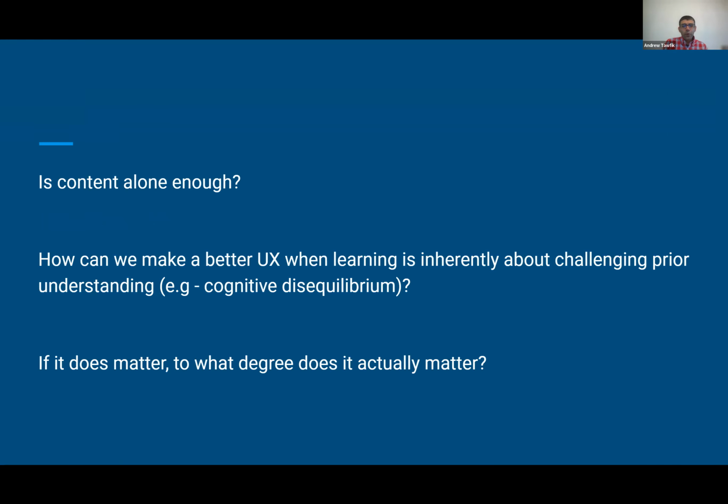Maybe the first question is, is content alone enough? If I can give you an example, I know Dr. Larry is here on the call. If I were designing a problem-based learning module and I had really great scaffolds embedded that help me understand alternative perspectives and the evidence for doing things, and then we have badges to be able to do some of those things, if I were to design those and provide all the content on a screen, maybe 2 screens, do you feel like that would be an effective learning technology?